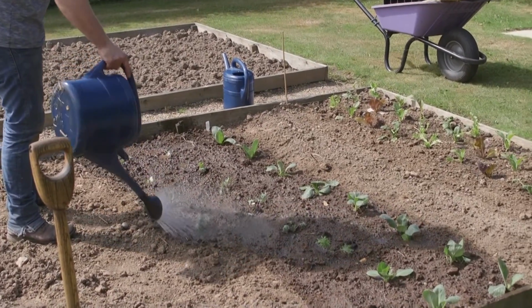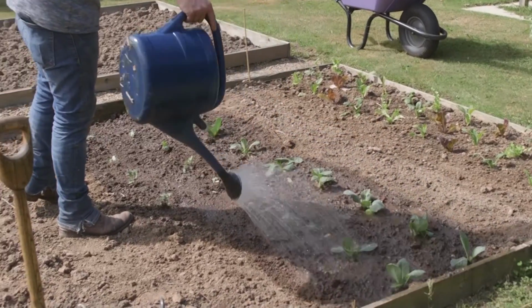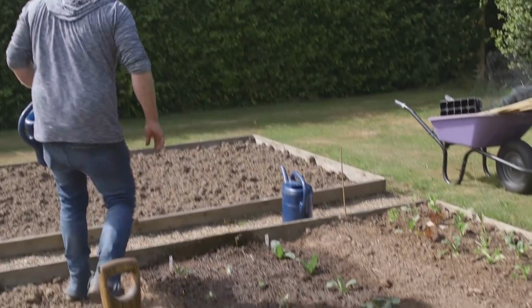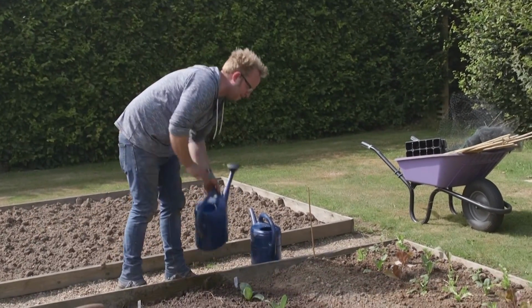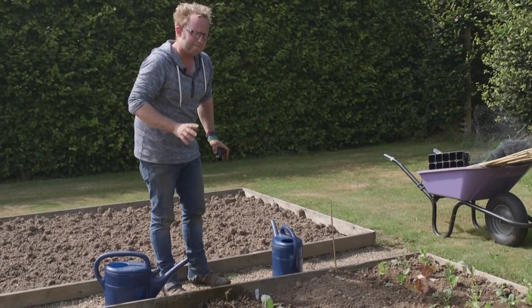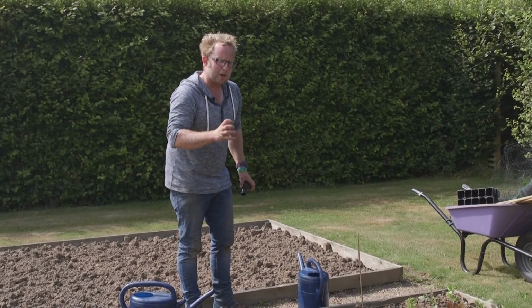How much water do they need? I'll give them 2 cans of these to settle them in, which will be about 9 litres. 9-10 litres, that would be enough to settle them in, and I want the same again probably tomorrow and again the day after. The thing about them is that they are reliant at the moment on what's in that little